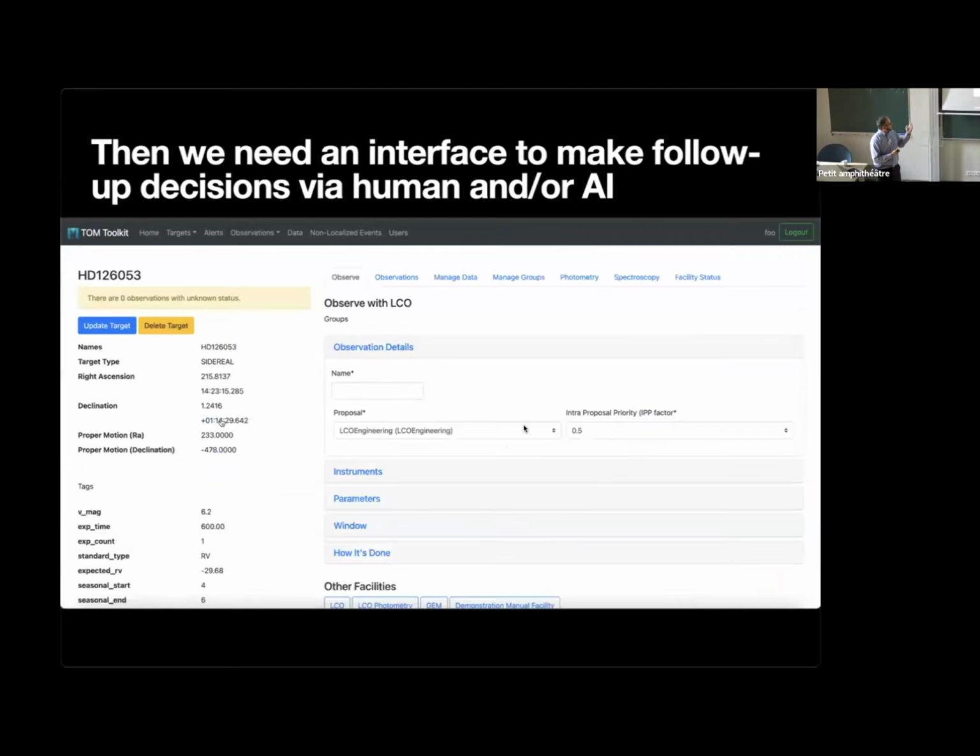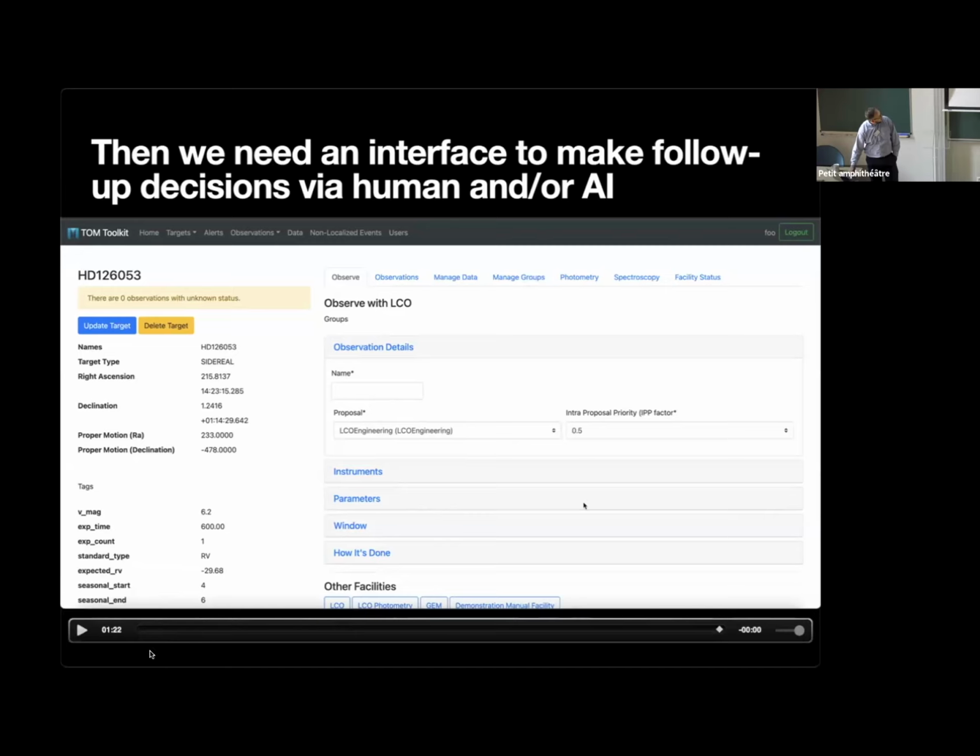But perhaps if you recognize some of these names like HD, this might be a star, and so you want to retire it. Now, once you know which targets you want, you want to be able to then trigger other observations, which is what it's showing now. It stopped. All right, good. So, which you can do from a page like this. So there are many steps in this follow-up process. But really the first thing we want to be able to do is organize the information.